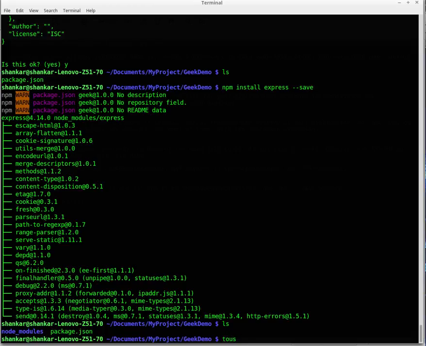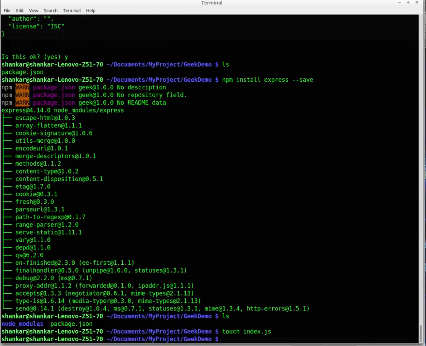Now create one index.js and make some code.